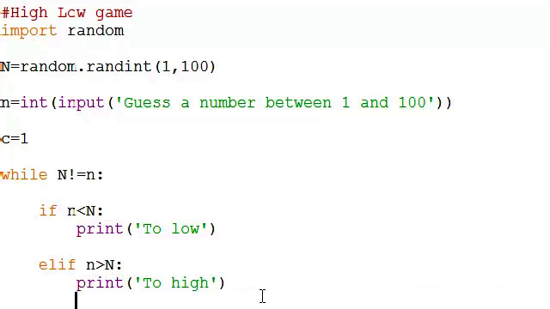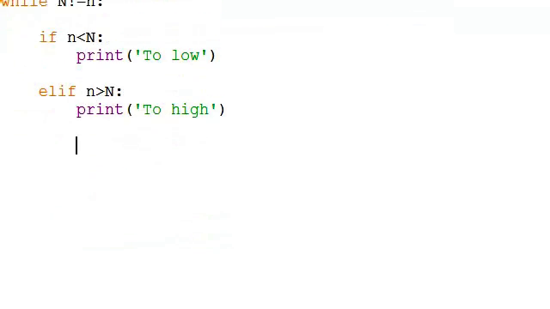All right. If it's not this case and it's not this case, then there's only one other case that it could possibly be. Let's scroll up the screen. On this last one here, we'll say just else. Else print correct guess. All right, and now what we'll want to do is print out